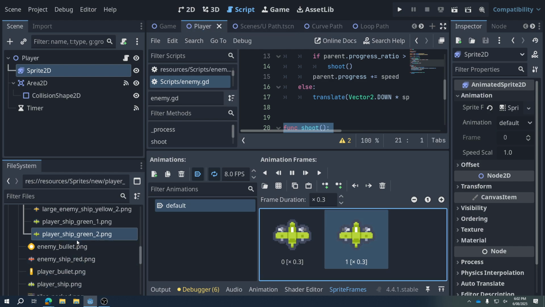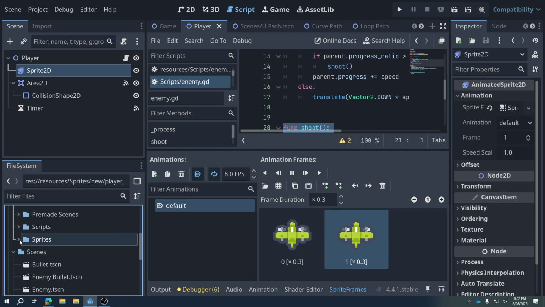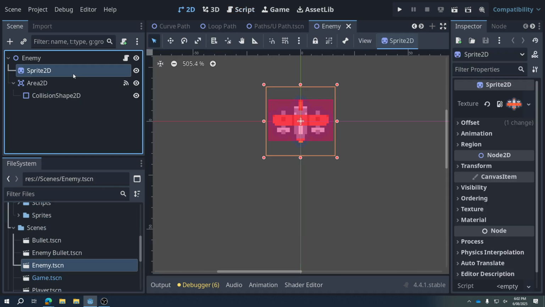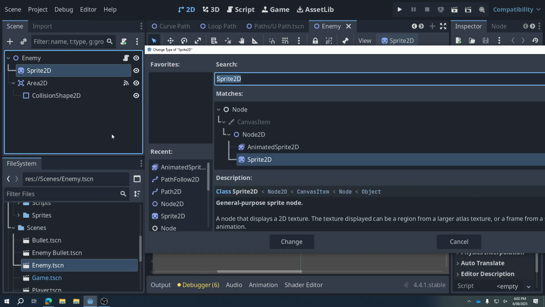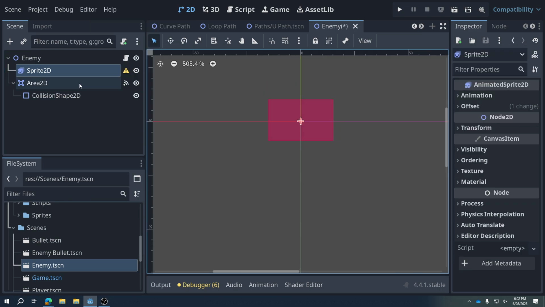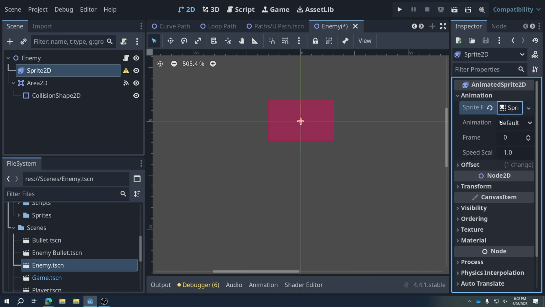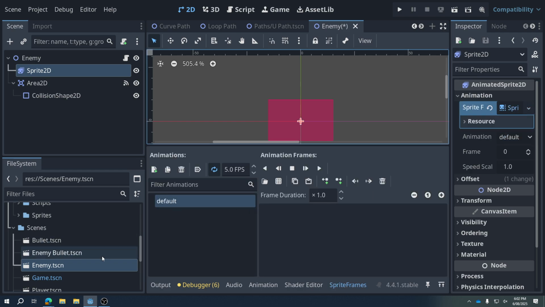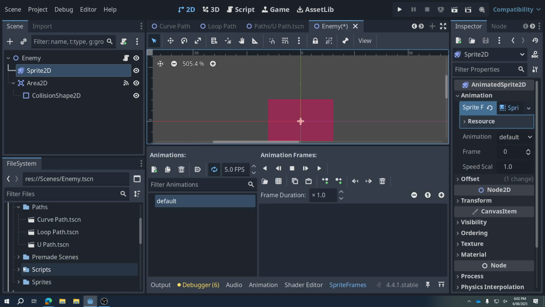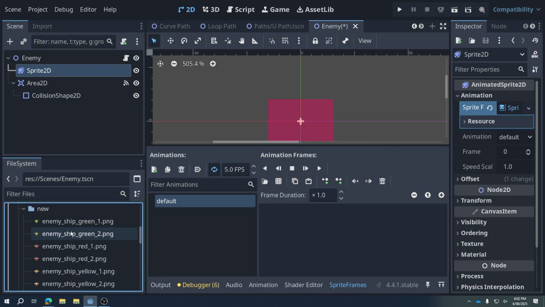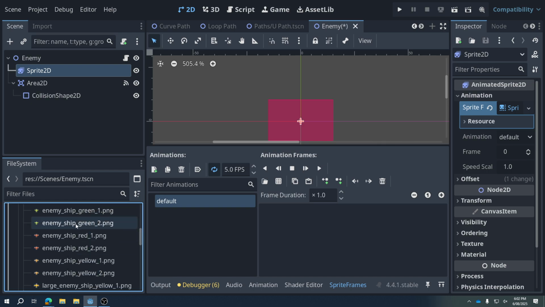So go back to the enemy scene. I'll just bring that up. So here, we're going to replace this normal Sprite2D with an AnimatedSprite2D. Create a SpriteFrames resource here. And then I will drag the sprites that we've made already. You can use whatever color you want. There's green, red, yellow. Since that player ship is green, I'm going to make the enemy ships red. So I'll drag that one in,